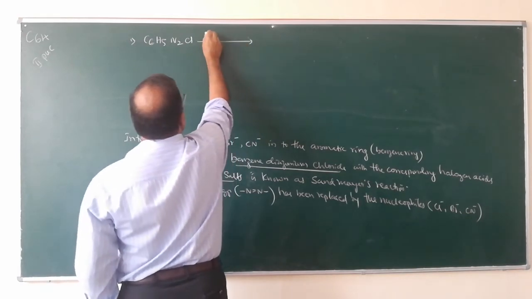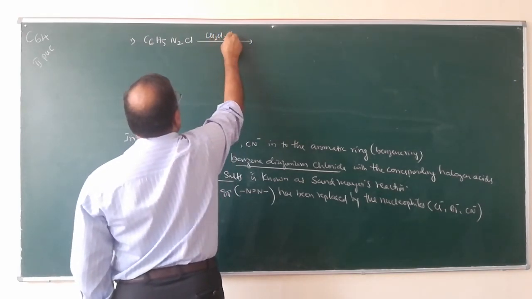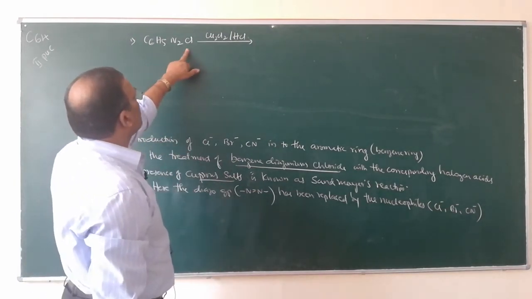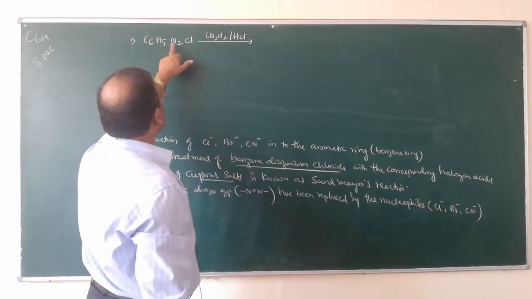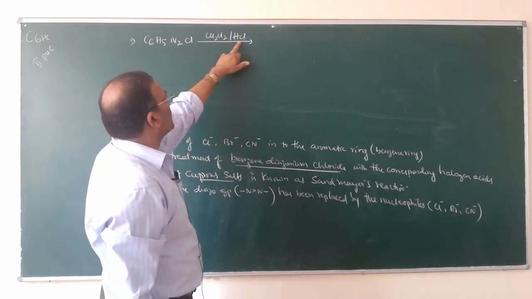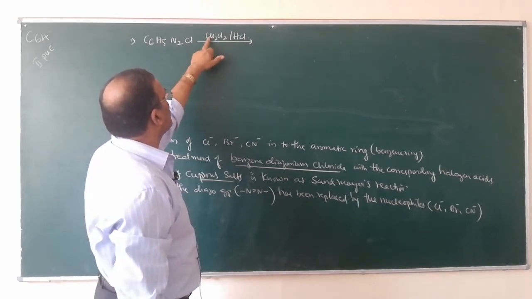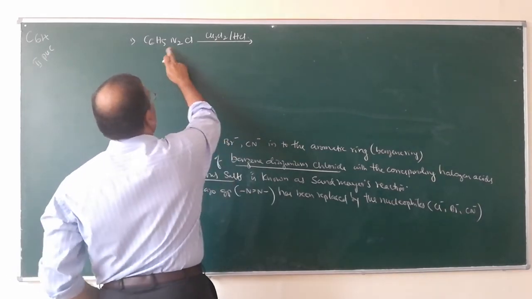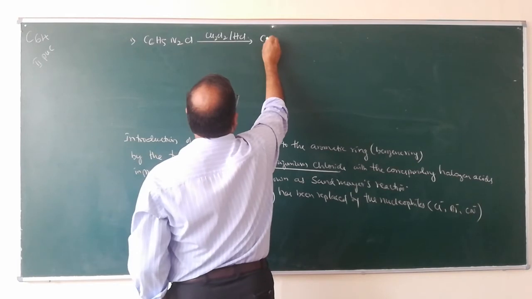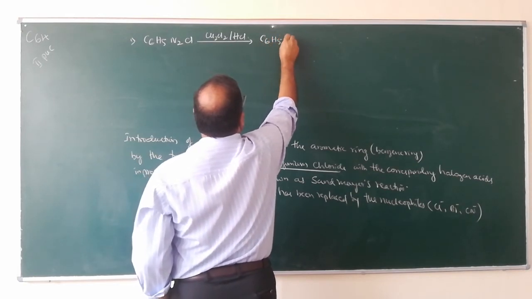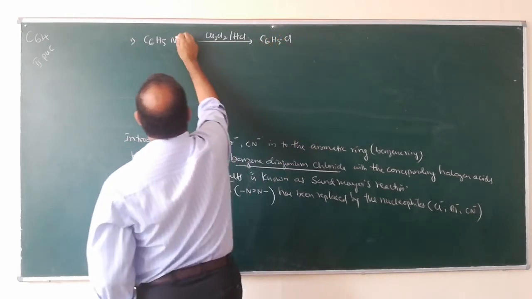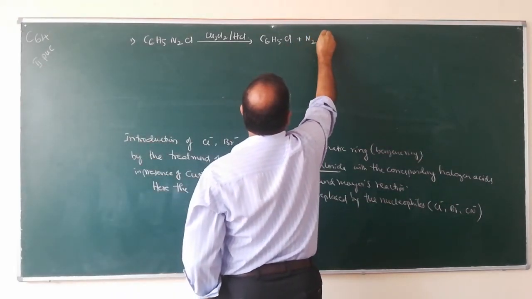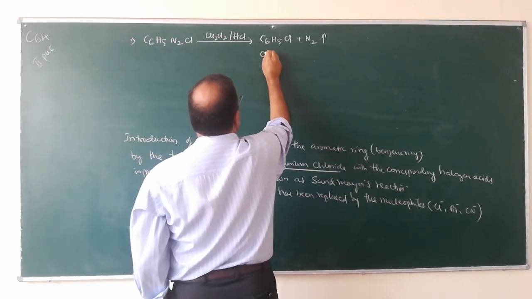When it reacts with Cu2Cl2 in presence of hydrogen chloride, the nitrogen goes out. You will get C6H5Cl plus N2. What is this one? This is